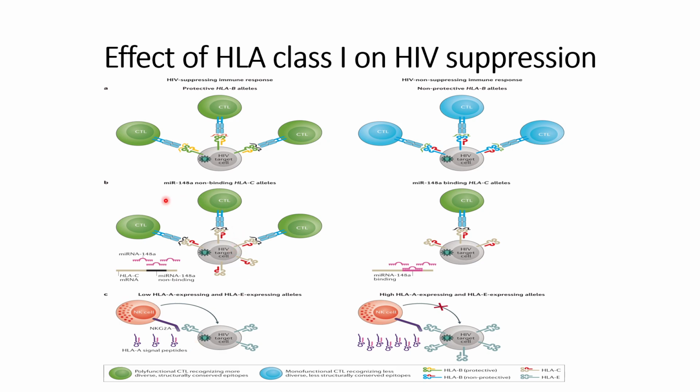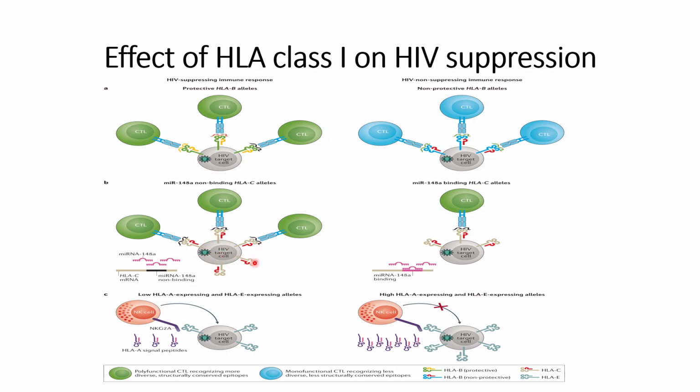The second one is HLA-C alleles. What happens in HLA-C alleles is that the miRNA that regulates HLA-C is sometimes absent and sometimes present. Sometimes the 3' end is not able to bind. In this case, when the 3' end is not able to bind the miRNA, the HIV virus will not be able to suppress these HLA-C alleles. In this case, more epitopes are available